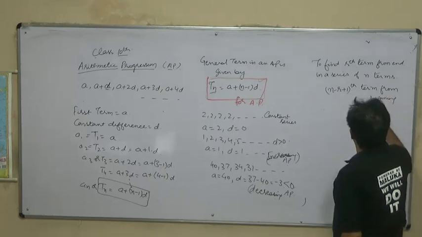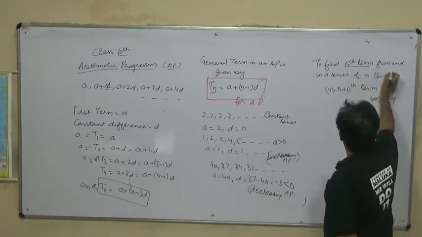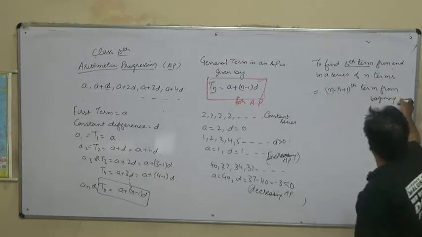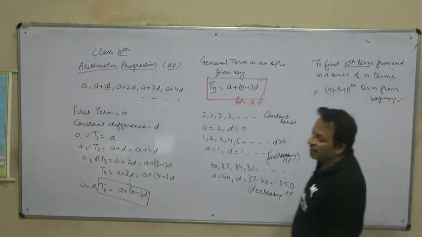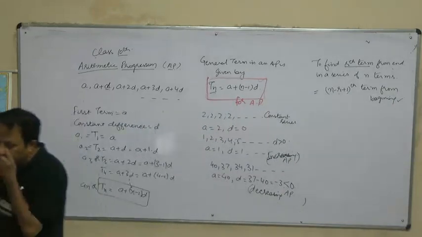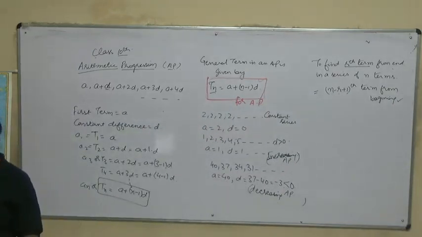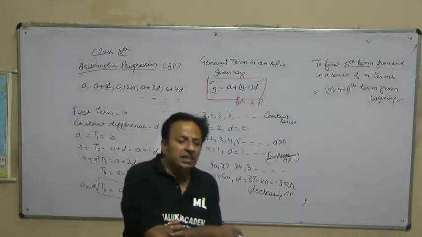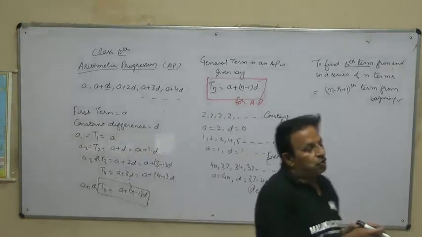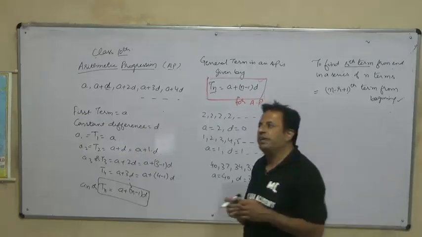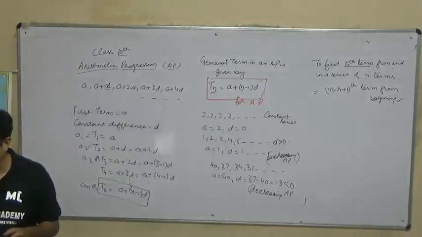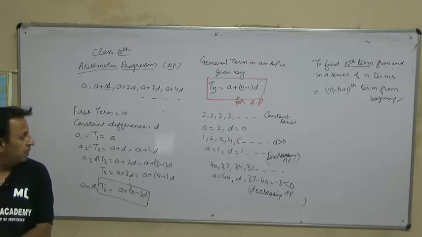So this is the same thing. The rth term from end is equal to the n minus r plus 1th term from the beginning. So there are two methods to find a term from end. The second method is that we reverse the series. When we reverse the series, the constant difference or common difference will have its sign changed. If it is positive, it will become negative, and if it is negative, it will become positive.